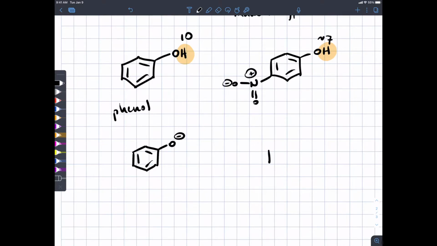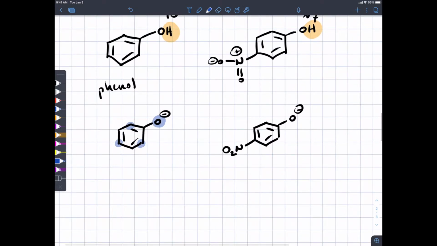In both cases, the negative charge on the oxygen is stabilized by resonance, and you should be able to draw resonance structures where you move that negative charge to these positions around the ring. And that's true for the